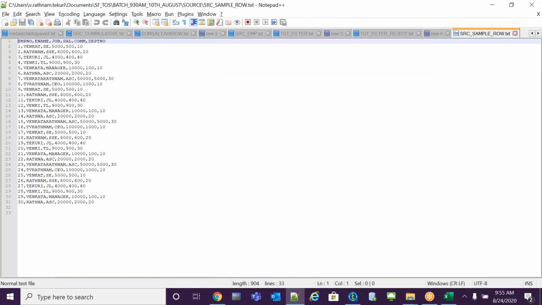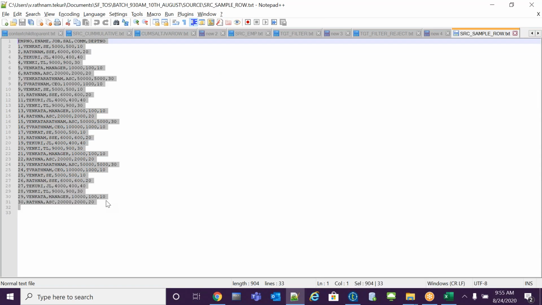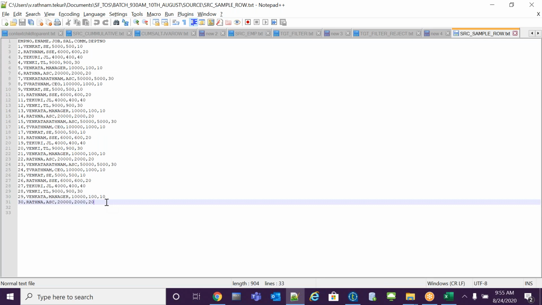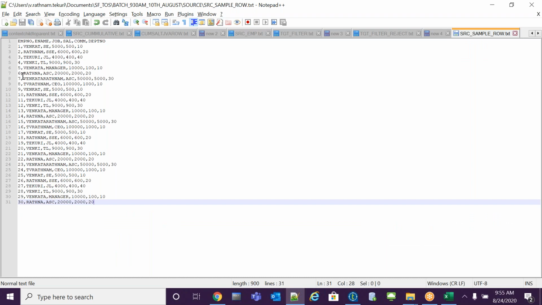Because T sample row will not support more than one output, right? It supports a single input link and a single output link. So I have 30 records in my file, but I want to load 3 targets. My first target, I want 1 to 5. My second target 6 to 10. My third target 11 to 15.